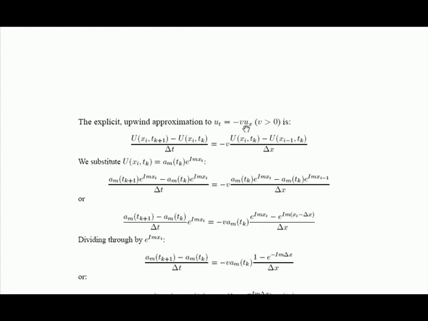Okay, so now let's do the Fourier stability analysis on the upwind explicit approximation to the transport equation. As usual, we leave off the lower order terms because they never affect stability and just look at the highest order term in time and the highest order term in x. We'll assume v is constant and positive so that the wind is coming from left to right and boundary conditions are given on the left. Then the explicit upwind approximation is this: u at t_{k+1} minus u at t_k, both at x_i, over delta t. And see, this is upwind because we're taking u at x_i minus u at x_{i-1}